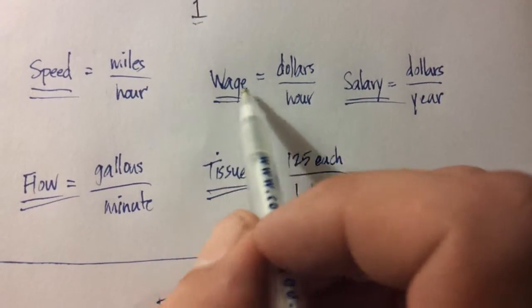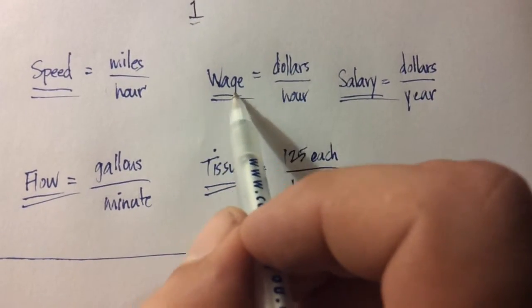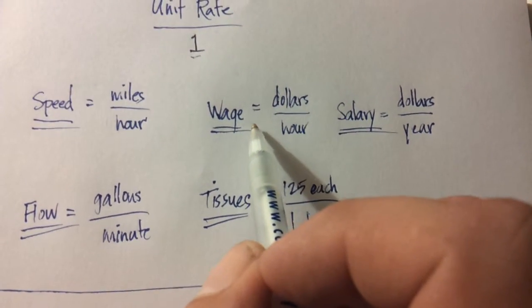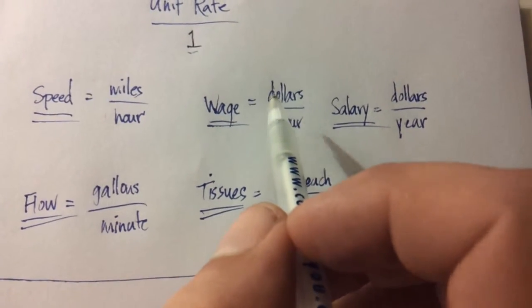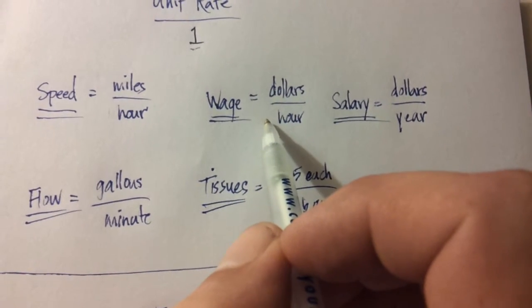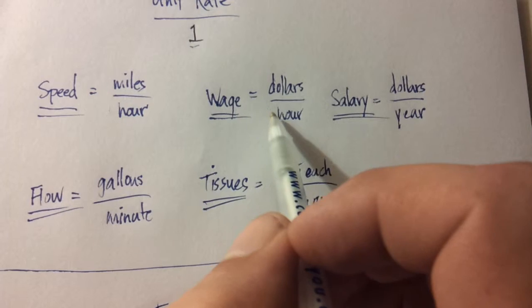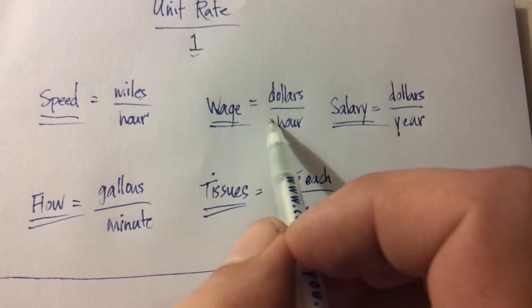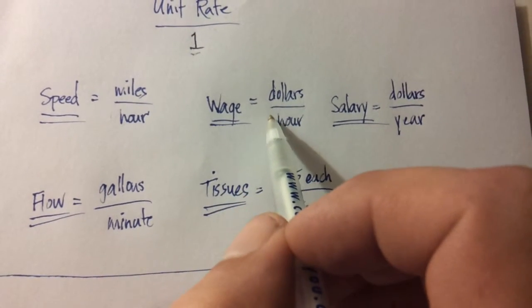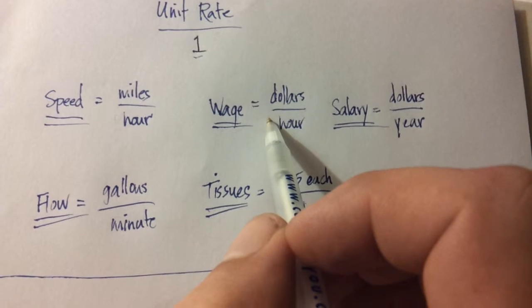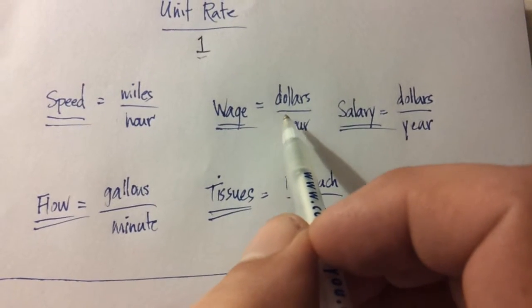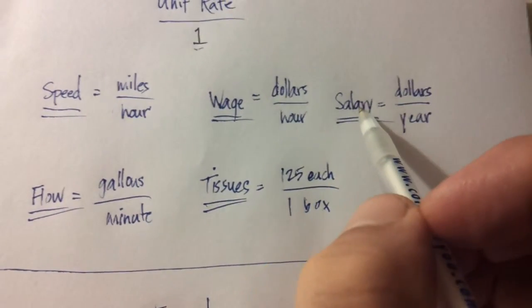Now, take another look. If you went in for a job and they said, if you work 3 hours, then you'll make $30, that's not normally how wages are explained to you when you take a job. Usually they say you'll make so many dollars for every hour you work. Then all you need to do is multiply up by how long your shift is. If I work a 6-hour shift and my rate is $10 per hour, then I just multiply 6 times 10. For every hour I get $10, so that's 10 plus 10 plus 10 plus 10 plus 10 plus 10. I made $60. And then, of course, they take your taxes away.